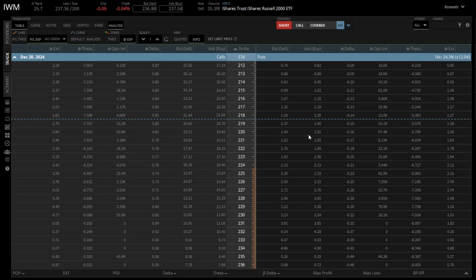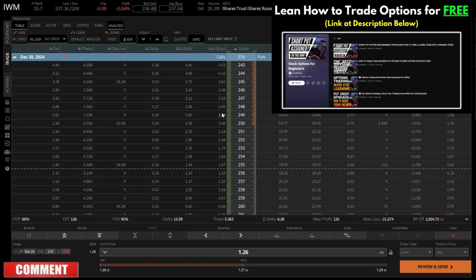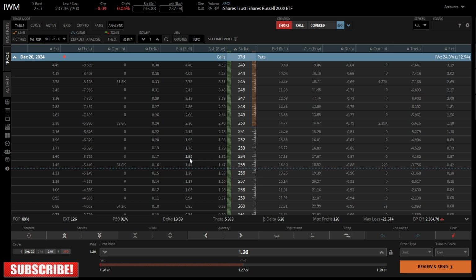So my sweet spot, especially when the market is trading at all-time highs, is to stick with at least 1 STD. Because this will give me roughly 12 to 14 deltas, as you guys can see. In this case, we have 14 deltas, okay? Of course, on the call side, we might go a little bit higher because we need to get a little bit closer to the price. And of course, everything is skewed to the downside.